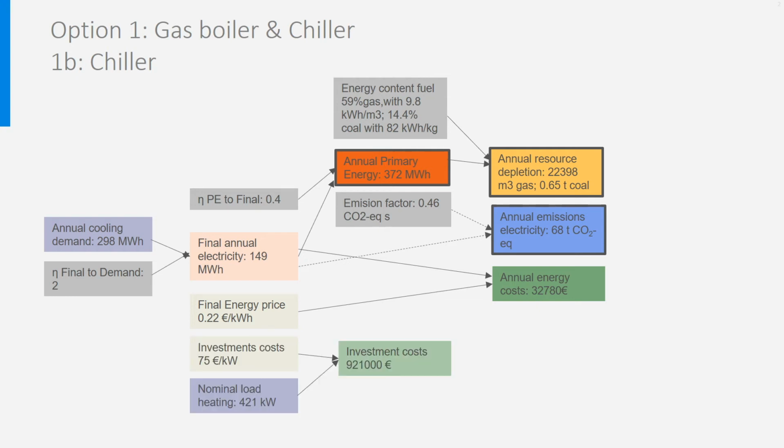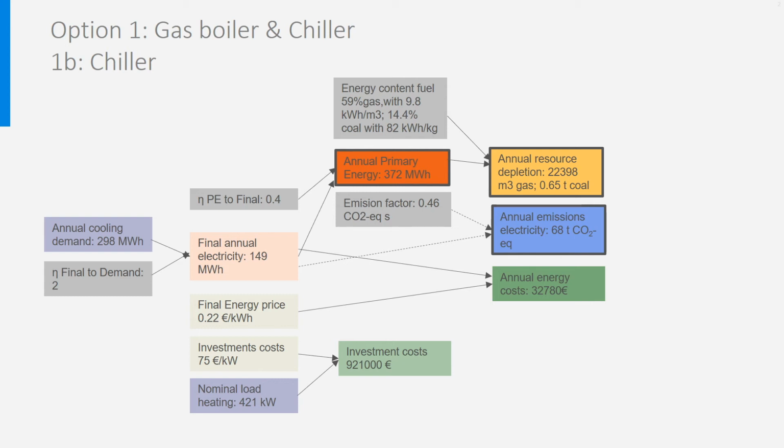We saw that the nominal load for space cooling is 921 kilowatt. The investment costs of chillers were believed to be 1,000 euro per kilowatt, which brings us to the total investment cost of 921,000 euro. Finally, the service life of a chiller is 15 years, so the annual equivalent investment costs are 921,000